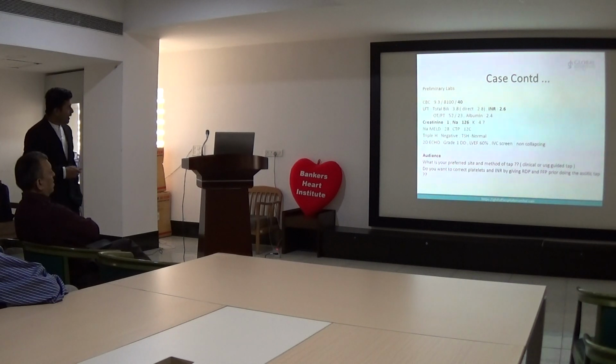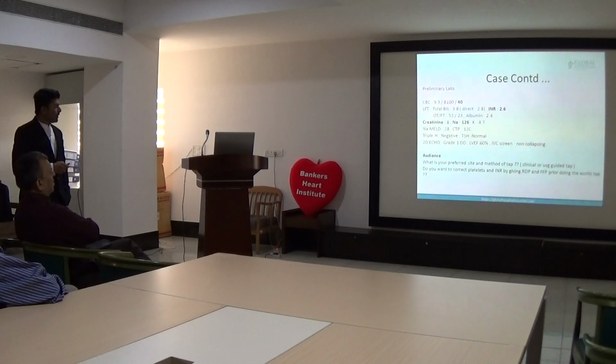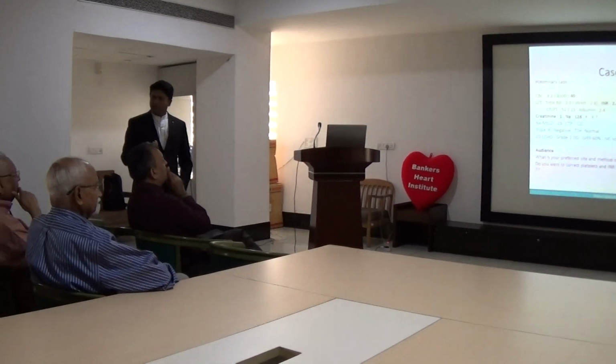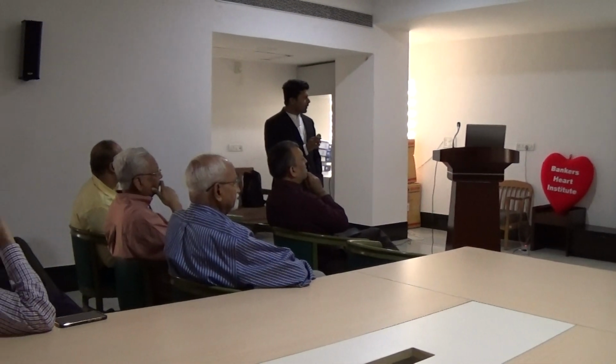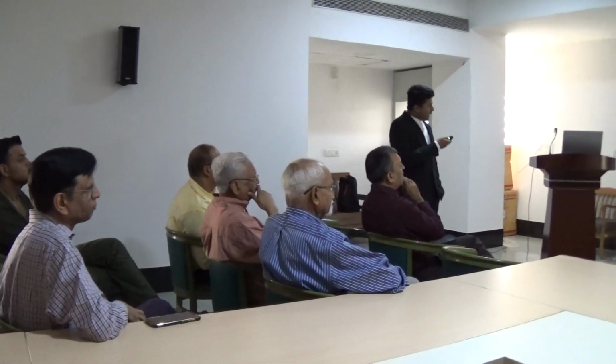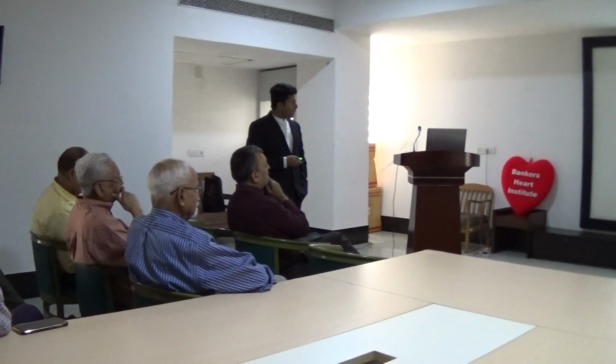If we find him to have low platelet counts, we do his LFT. We find that he has some hyperbilirubinemia. INR is 2.6. SGOT and SGPT are in the cirrhotic range, 50 to 23. Low albumin. Creatinine is 1. We don't know what his baseline creatinine was. Sodium is 126. Potassium is okay. We calculate a sodium MELD. How frequently do we calculate sodium MELD in a patient of liver cirrhosis? Regularly. Okay. Great. And the CTP score is 12, class C.